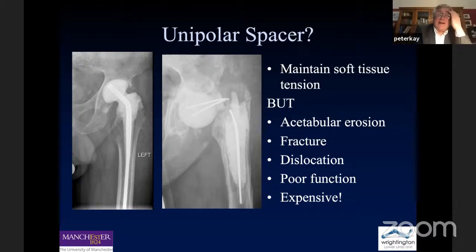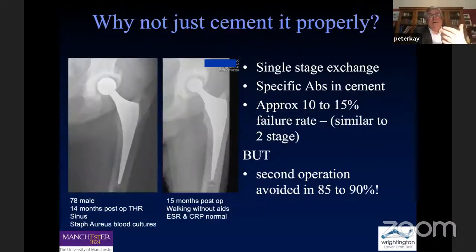And it really begs the question that if you can often put an articulating spacer in, well, why not just do a one-stage revision and put a definitive prosthesis in right from the start? And the idea that you do a first stage of a two-stage revision and deliberately cement something in badly or not at all, I think is probably not the best way to think about it.